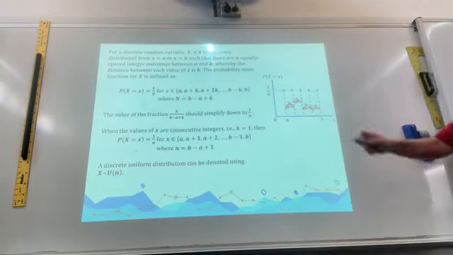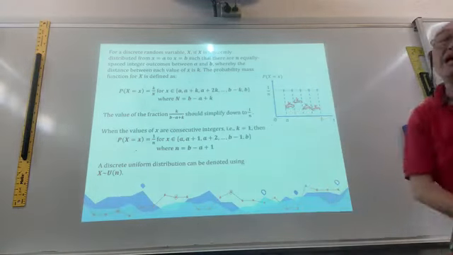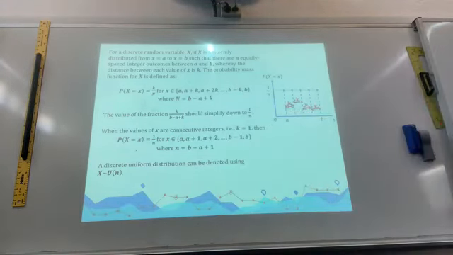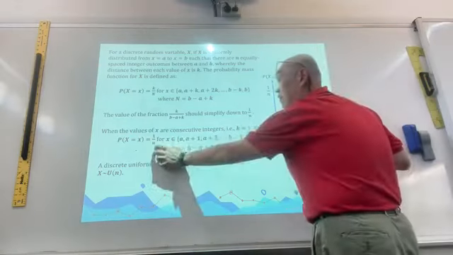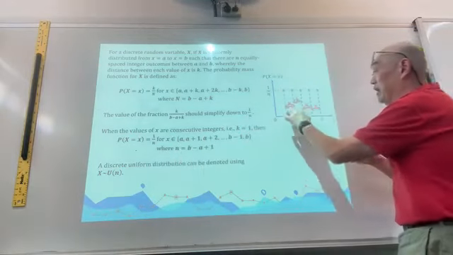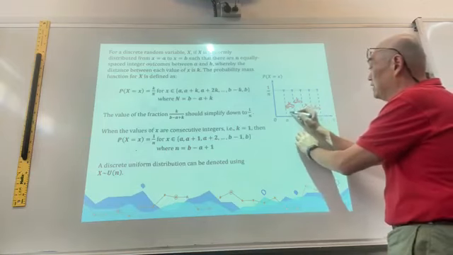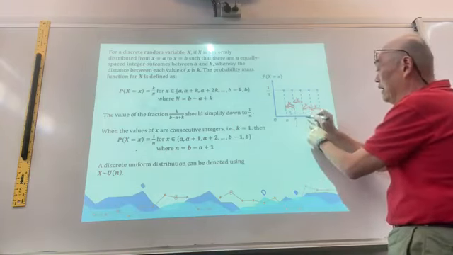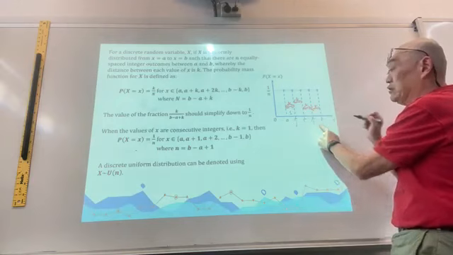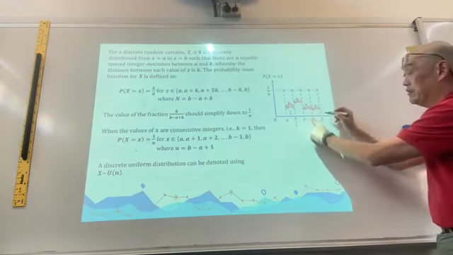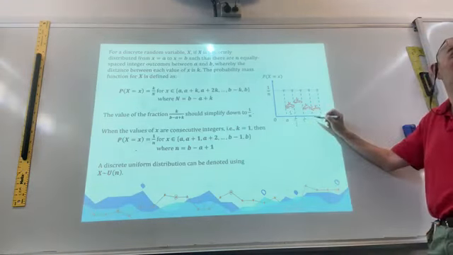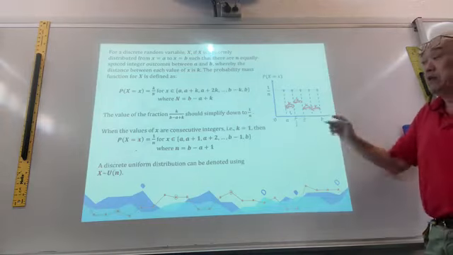All right. So when k equals 1, that's a unique situation. The probability of X equals x is 1 over n. Again, this time it's a plus 1. If k is 1, a plus 1 is here, a plus 2 is here, a plus 3 is here. Or a plus 3 in this case is b minus 1. Correct? Yeah? So,